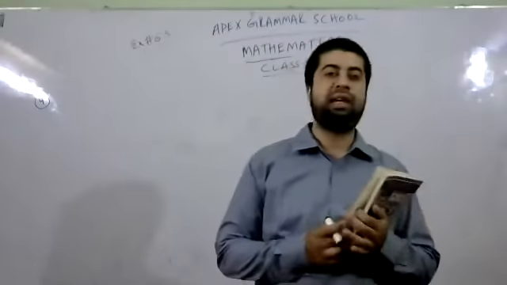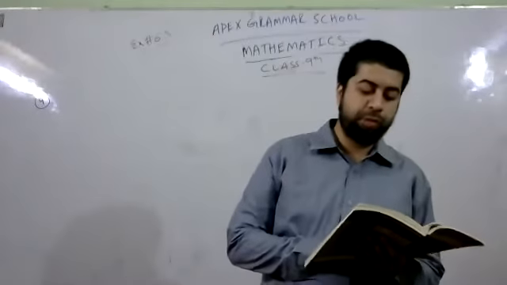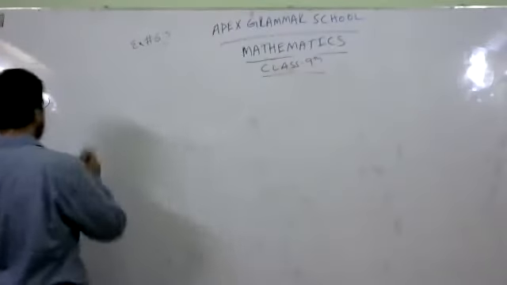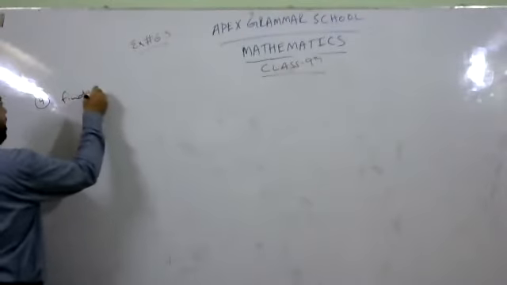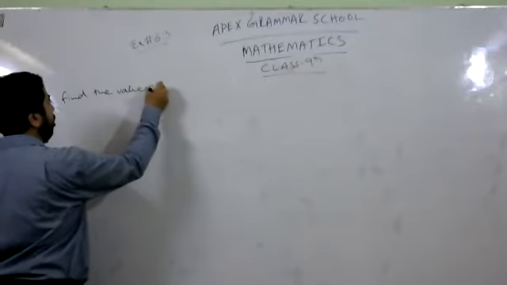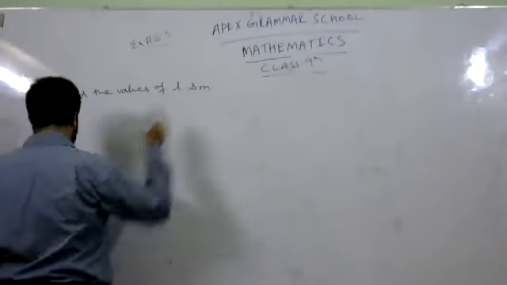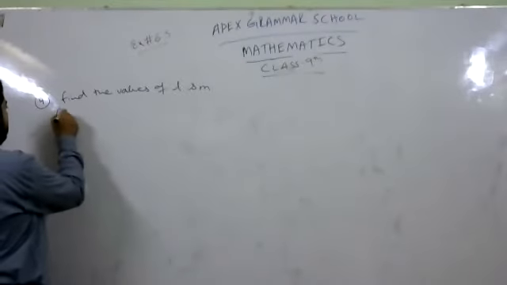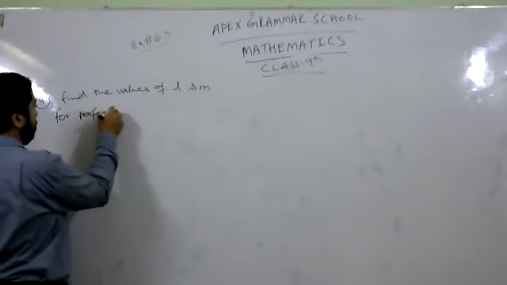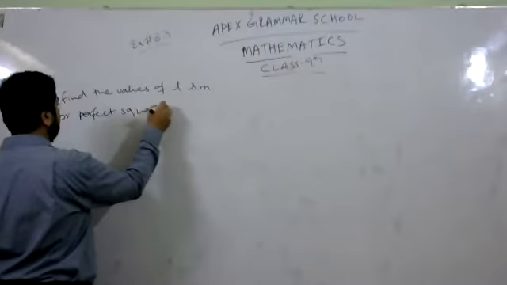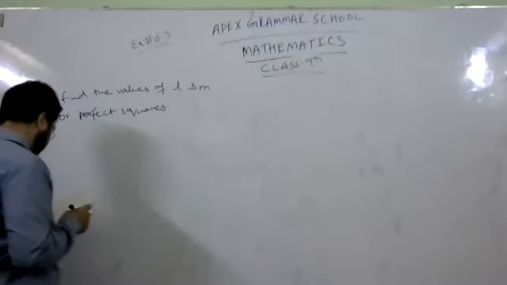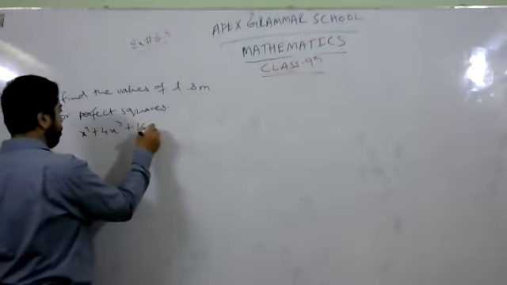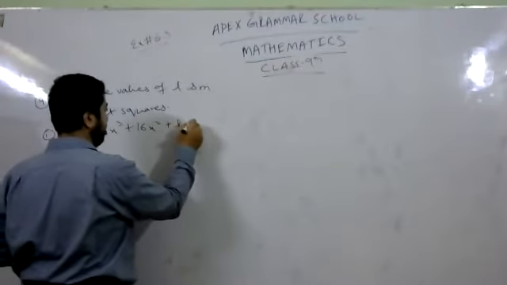Today we will discuss exercise 6.3, question number 4 of class 9 mathematics, to find the values of L and M for a perfect square. Part 1 is x raised to the power 4 plus 4x cubed plus 16x squared plus Lx